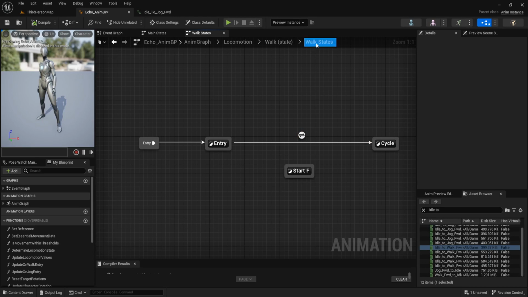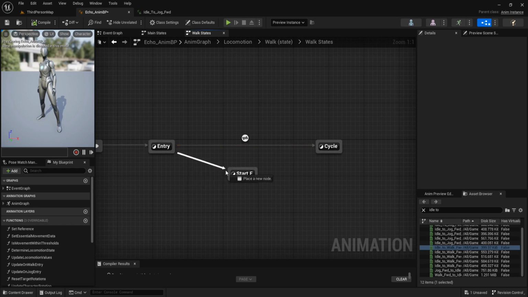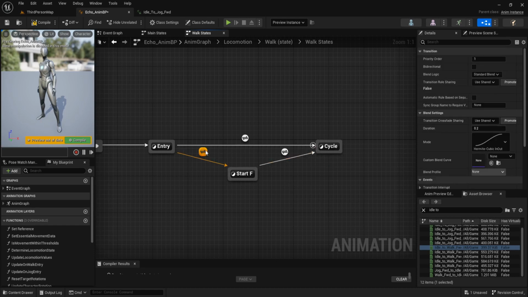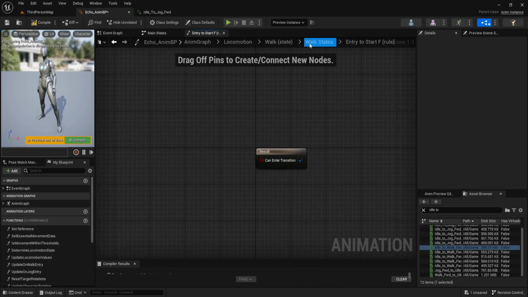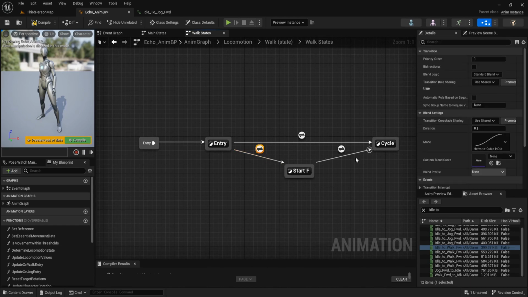Go to the walk states. And from entry, we connect to this start up and connect to the cycle. Double click on the transition, set it to true. Click on it, and the duration of transition is 0. And this, we set the automatic rule based on sequence to true.